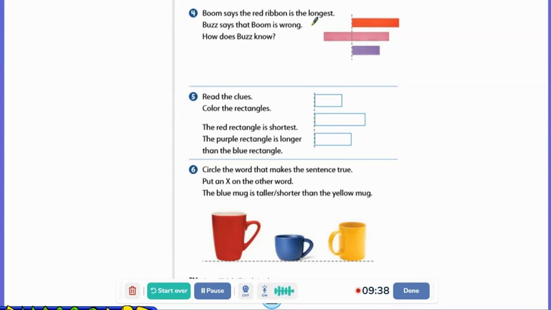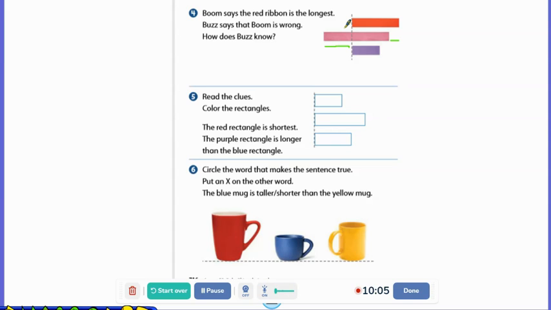Boom says the red ribbon is the longest. It looks like it is, but all of this ribbon needs to be accounted for. So here I have this amount of ribbon, and on this side, just a small space here. So Boom is wrong because red is not the longest. We would say